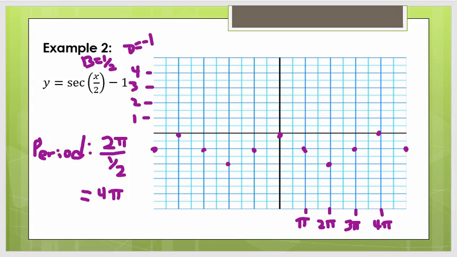If this question had said, what is cosine of x over 2 minus 1, I would just connect those dots and I would be done. But since this is the reciprocal function, we need to take the middle heights and draw the asymptotes and the parabolas. So here are the middle height x values. And then for our maximums and minimums,